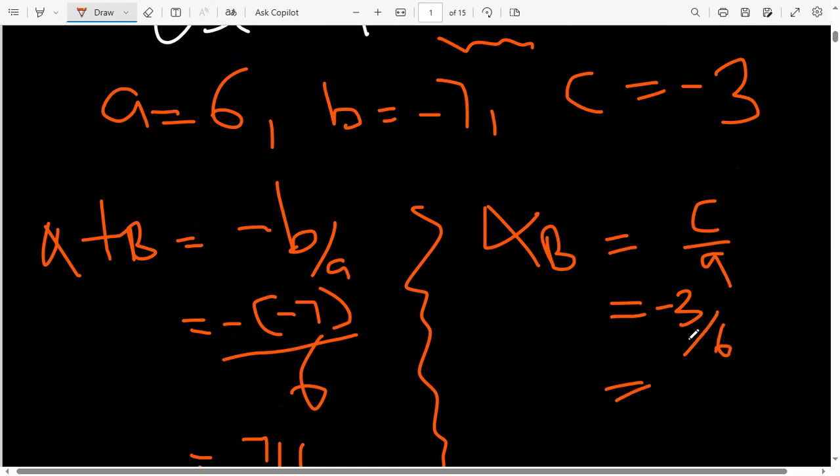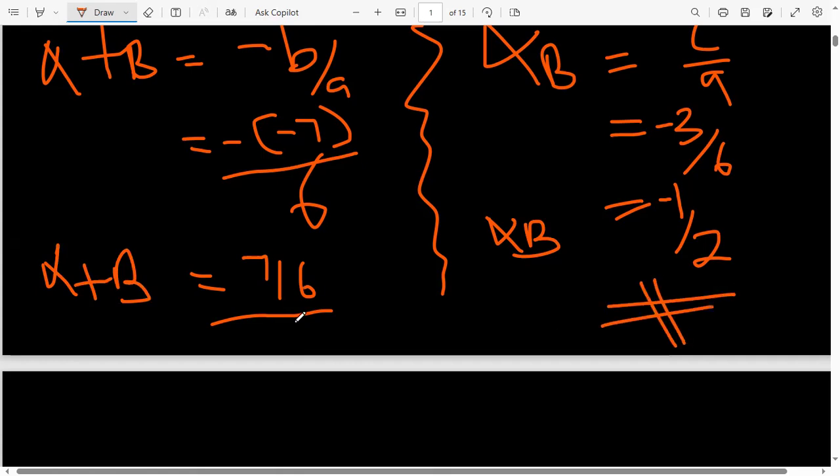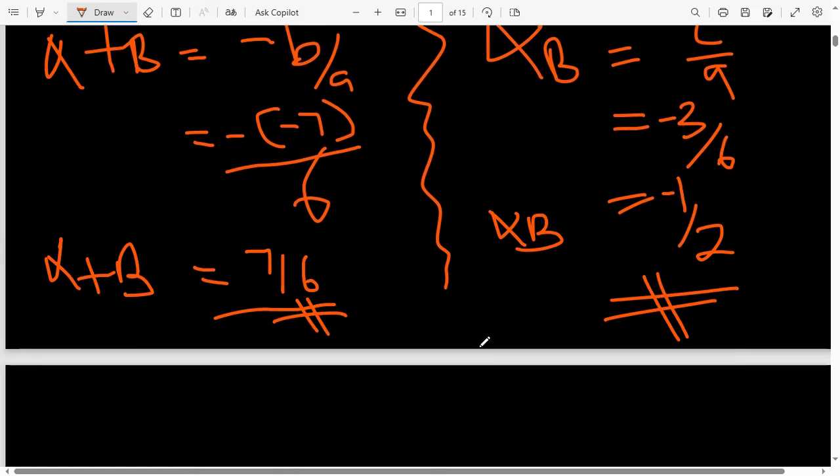So 3 into minus 3 is just minus 1, and 3 into 6 is just 2. So we have the value of alpha multiplied by beta, and we also have the value of alpha plus beta. These are the most important values that you should find. So from there, what are we going to do? We are going to take the set of values they gave us and manipulate it in such a way that we have alpha plus beta and alpha times beta somewhere in